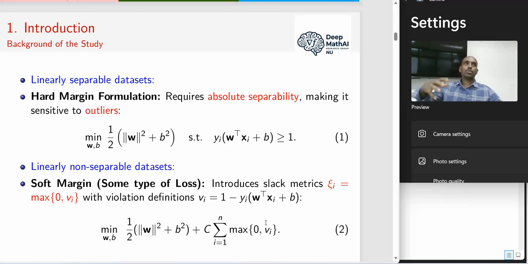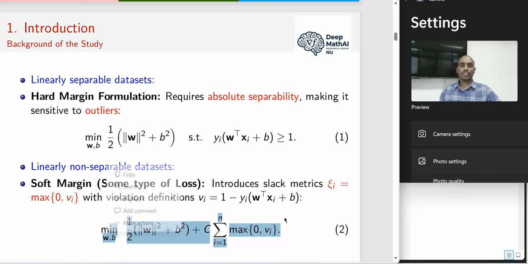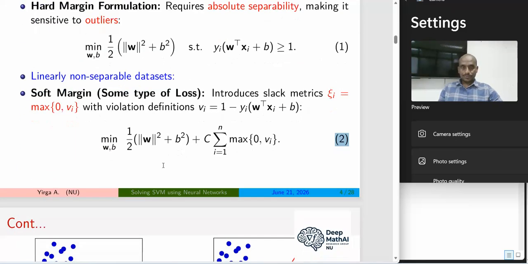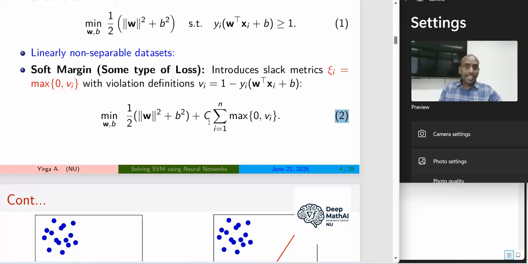Soft margin means we accept some errors, and these errors are represented by loss functions. For example, the first loss function we use here is the Hinge loss function, which is given by the problem in 2. So this problem is called the Hinge loss problem, because this is the Hinge loss function,